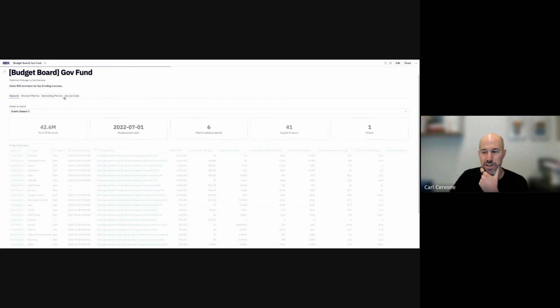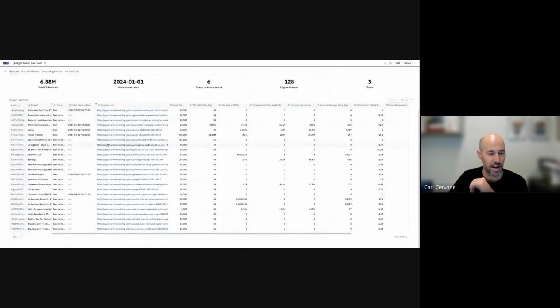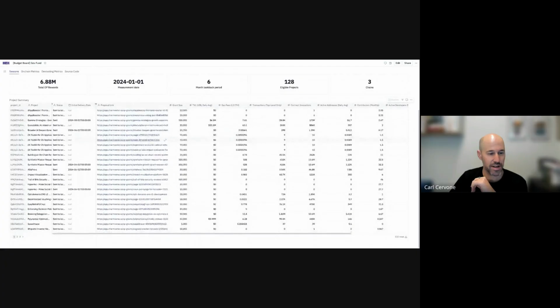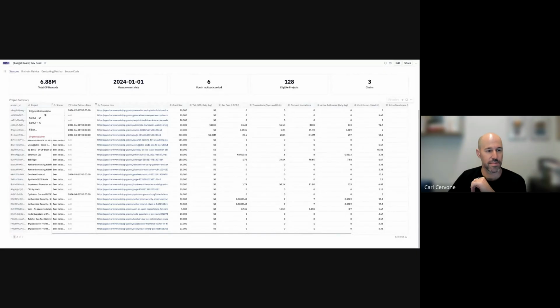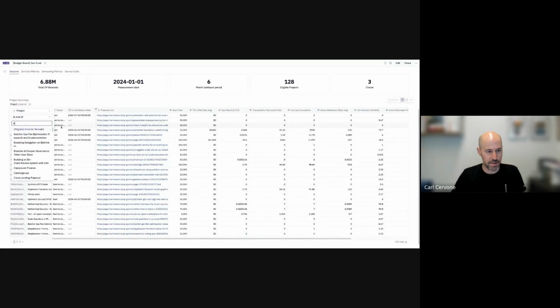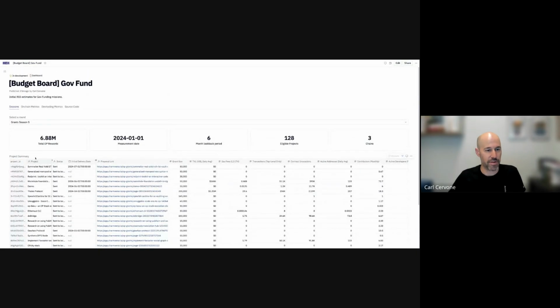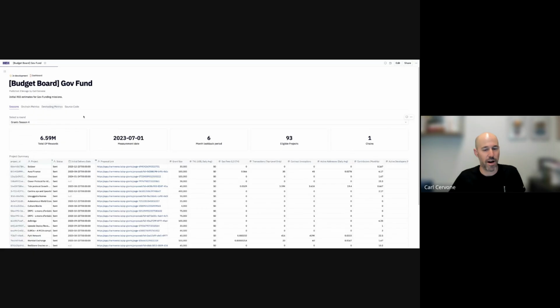It pulls both on-chain metrics and then a handful of dev tooling metrics. Let me see if OSO is in here. Maybe we were in a different one. I forget which one we were in. Maybe it was season 4. Or missions, that might have been us. Oh, well, we're in here somewhere, but you can basically look at the